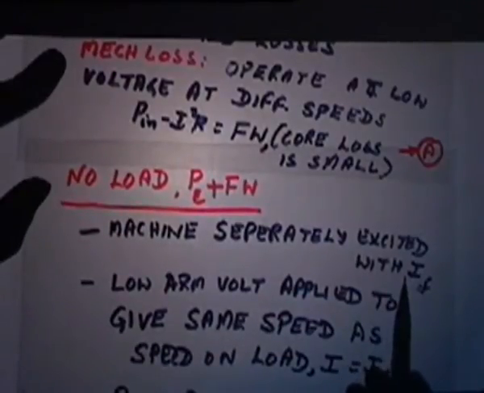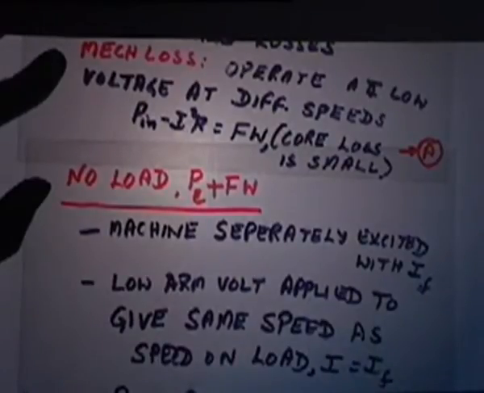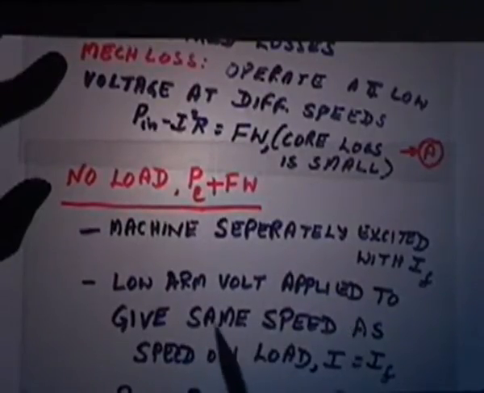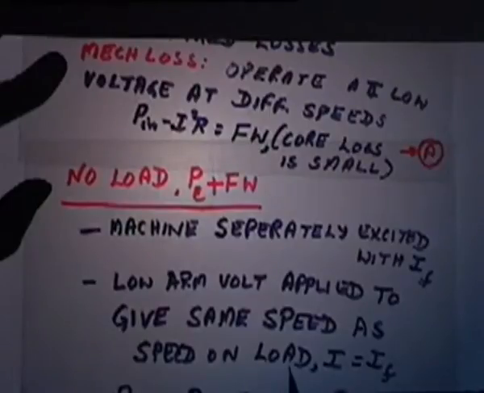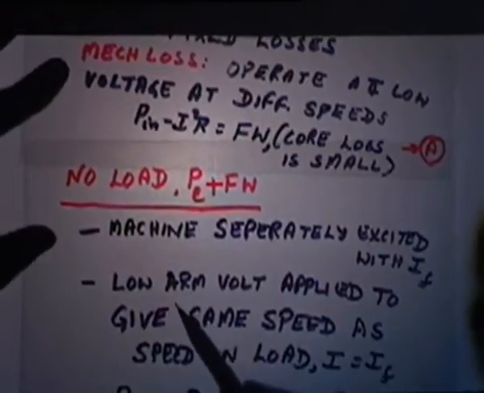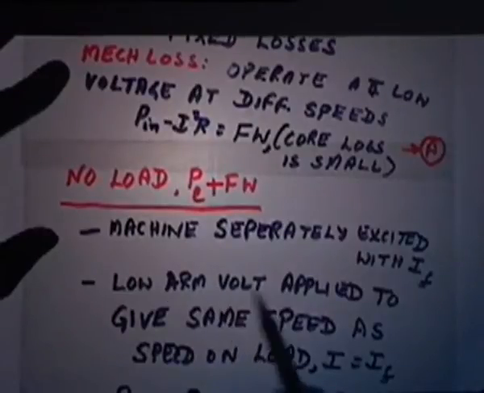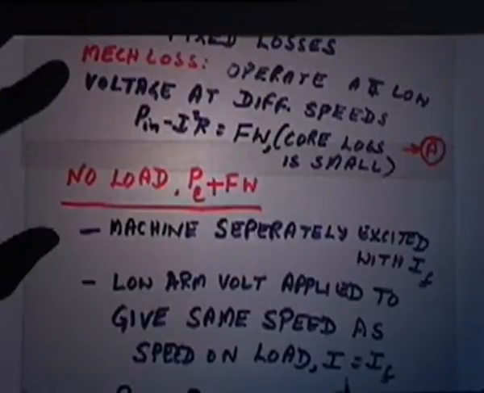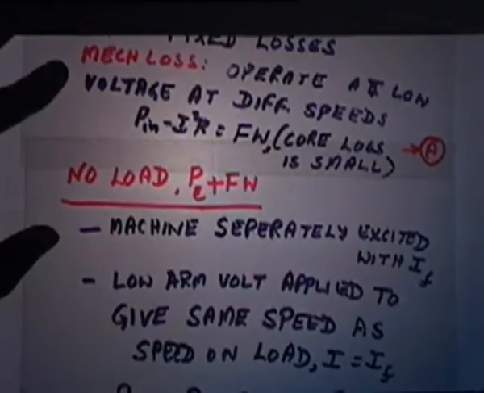You don't connect in series, you have a separate excitation and then vary the excitation, and a low armature voltage is applied to give the same speed as the speed on load. That means the current will be equal to the field current corresponding to that.